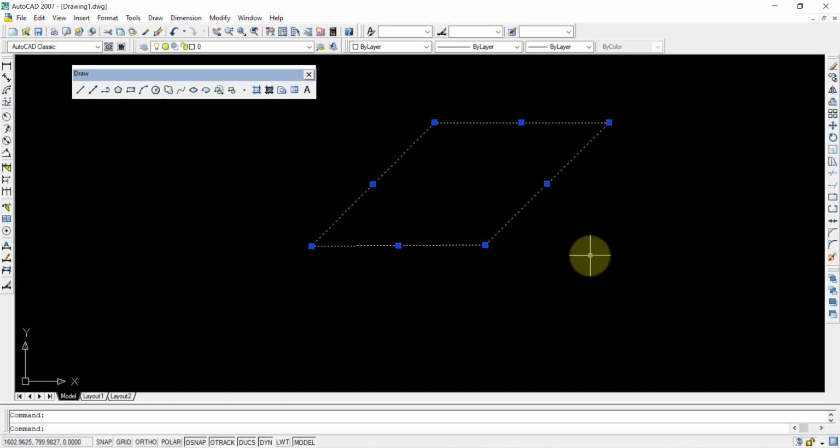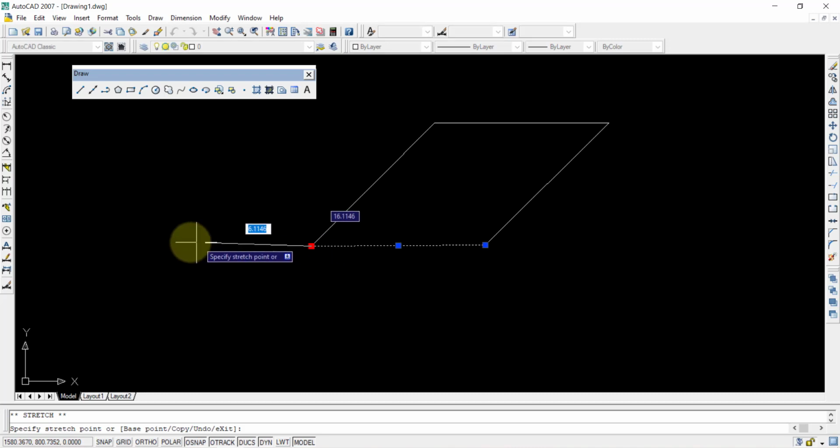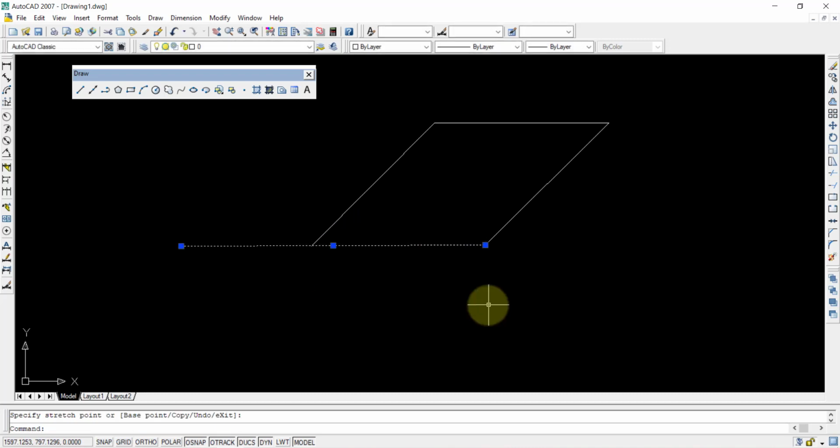So 4 individual lines are drawn here, and you can see blue dots highlighted when you click on them. These are called endpoints. These endpoints can be used to move or locate things, or sometimes to extend them. If you want to extend this, we can just drag it like this, or else keep it and move it here. So these are basically used for holding the items, whether it is a line or circle or anything.